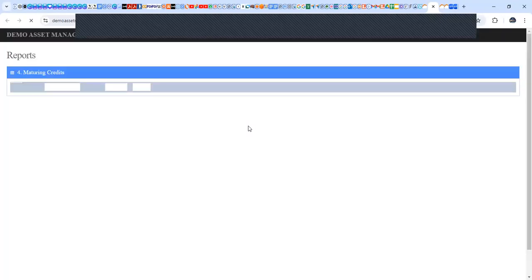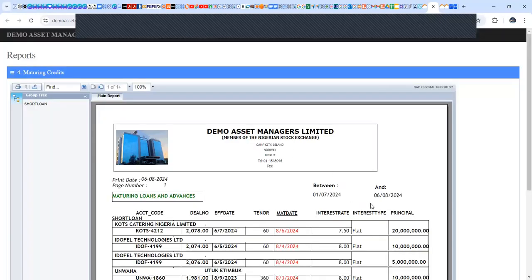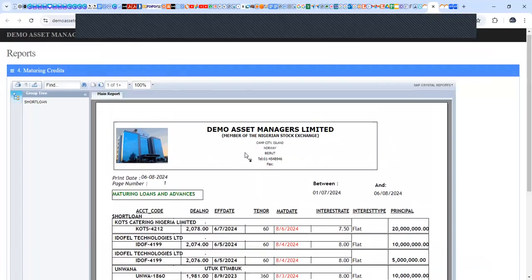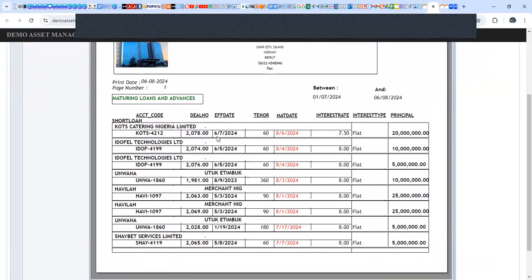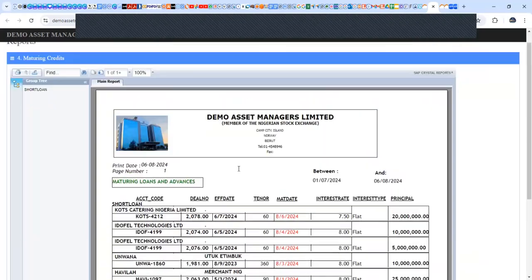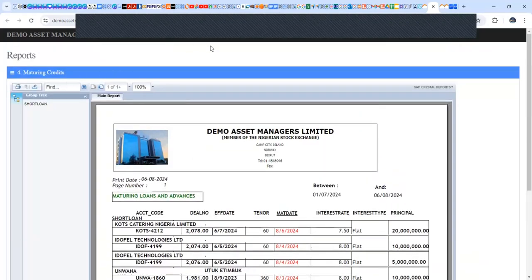So based on the effective date, the tenor, and of course the class of that investment, the system is able to say things that are maturing within that specified period of time and that schedule. So from that report, you could always want to look at what you already have, and then one will be able to confirm what elements of this are there that you may want to